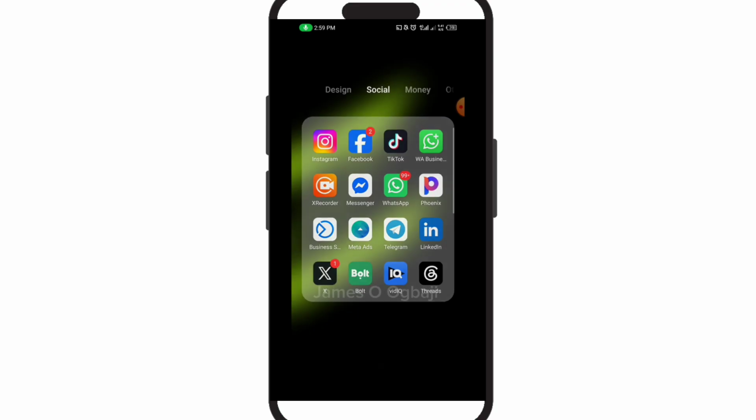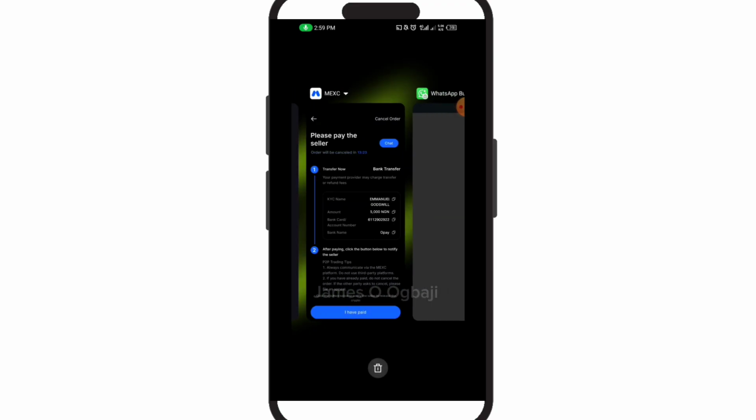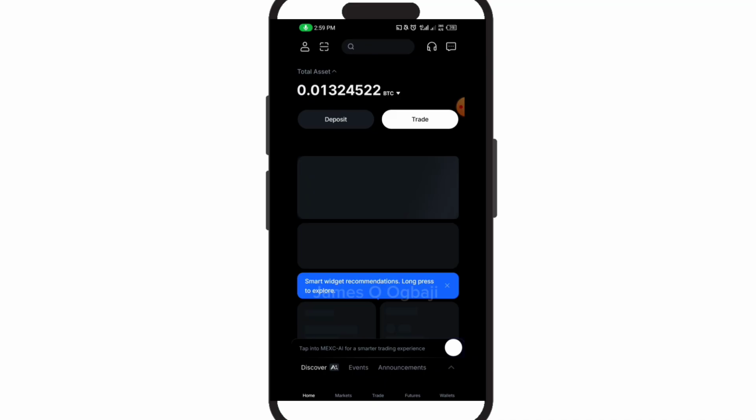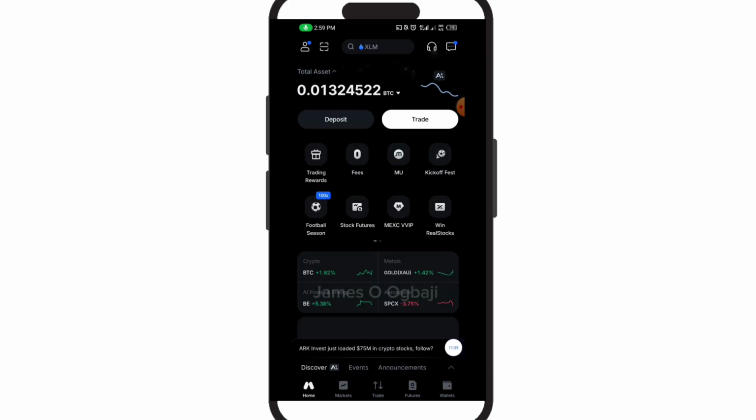Then I'll go back to the MEXC platform. I'll go back to the platform. Okay, they're asking me to put my password again. I'll put my password, verified. Then once I'm in, I'll go back to the trade. So I'm going back to the trade. If you just click on deposit again, click on P2P,